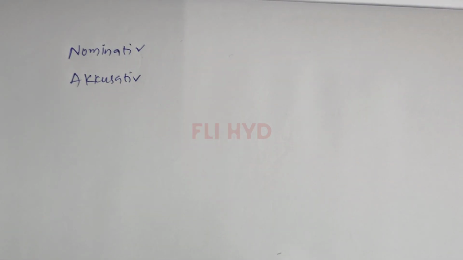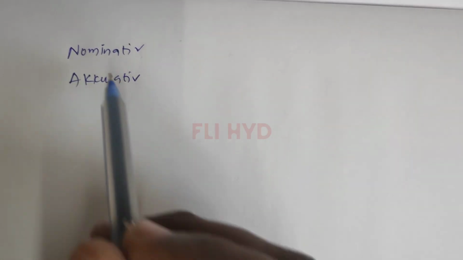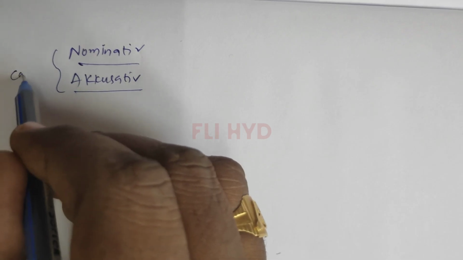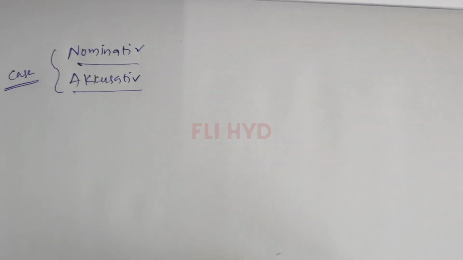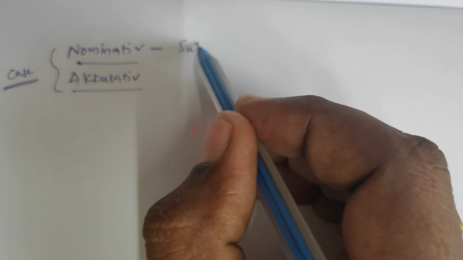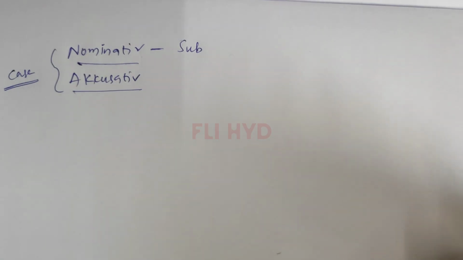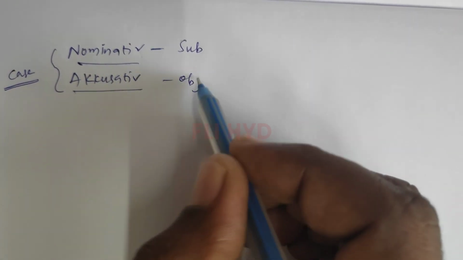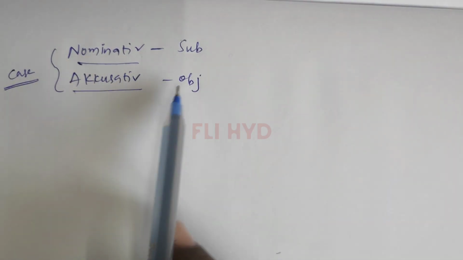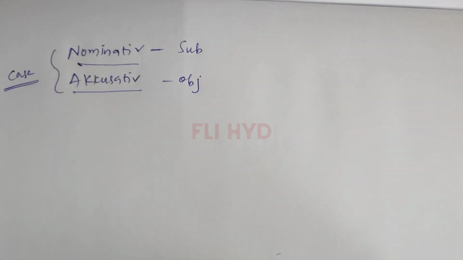What is accusative? Most of the students write the articles but don't know exactly what nominative and accusative are. Nominative and accusative are cases in German. We call them the nominative case and the accusative case. We have two more cases that we will learn in the coming classes. Nominative is talking about the subject and accusative is talking about the object. Nominative's job is to take care of the subject and accusative's job is to take care of the object.